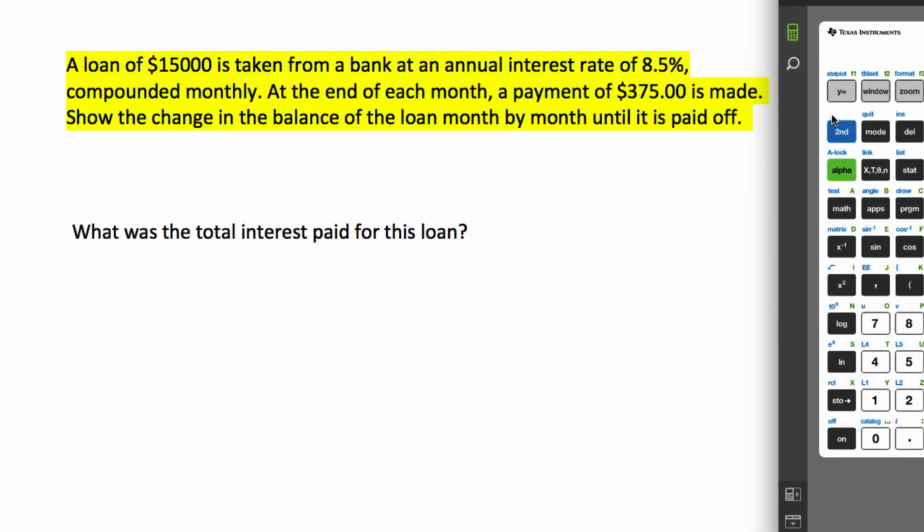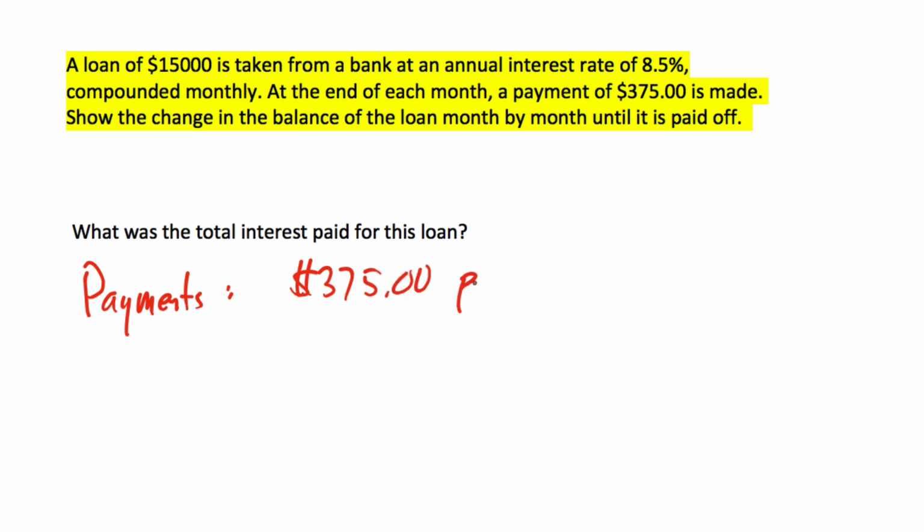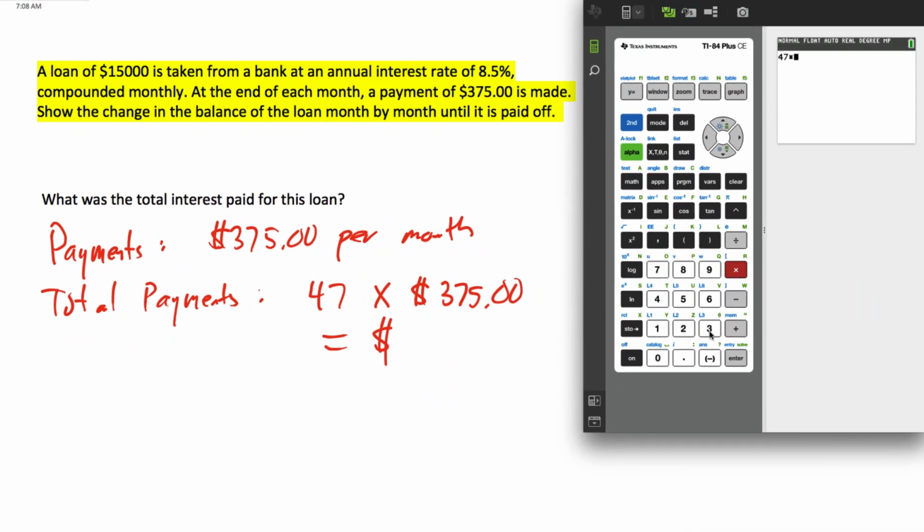So finally, let's just take a look at the total amount of interest that was paid for this loan. As you saw in the spreadsheet, your interest is changing every month, and that interest charge is in addition to the $15,000, is what you have to pay back in addition to the $15,000 through the payments you make. So if we were making payments of $375 per month, and we made those payments, let's just round that to about 47 months. It was a little bit more than that, but 47 months, we made the payment of $375 for 47 months. If we find out what that multiplies to, so 47 times 375,